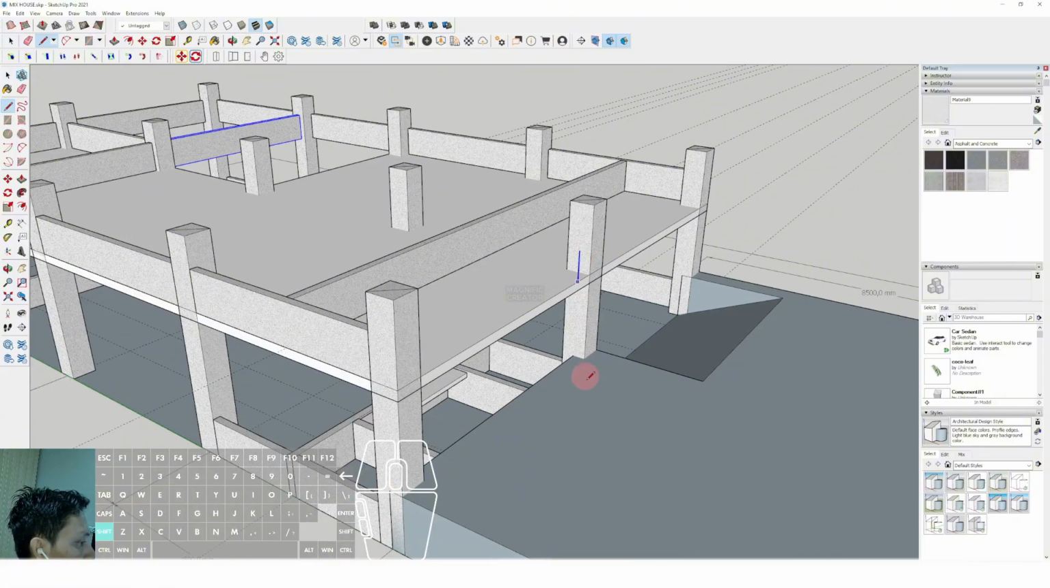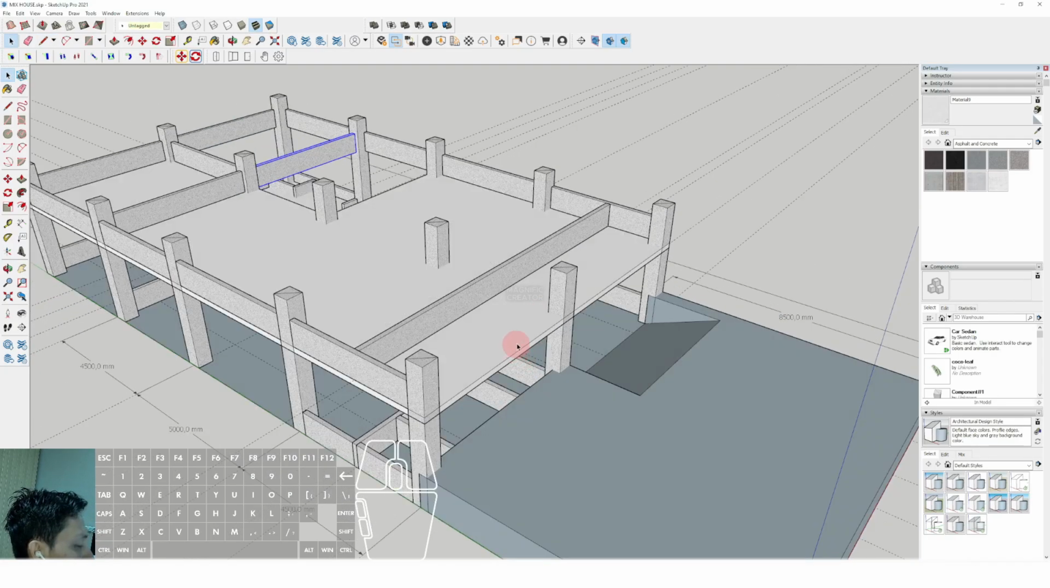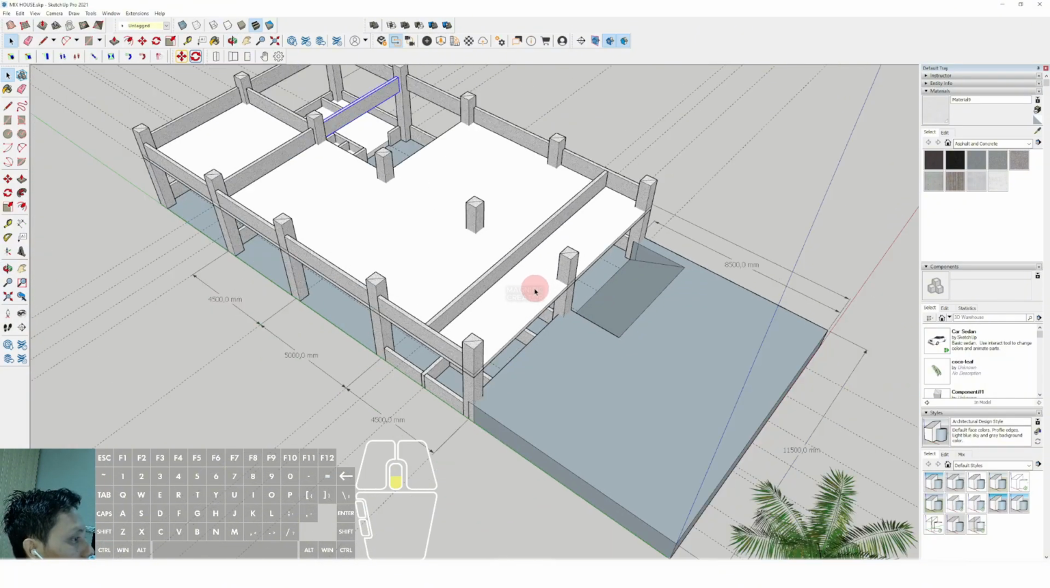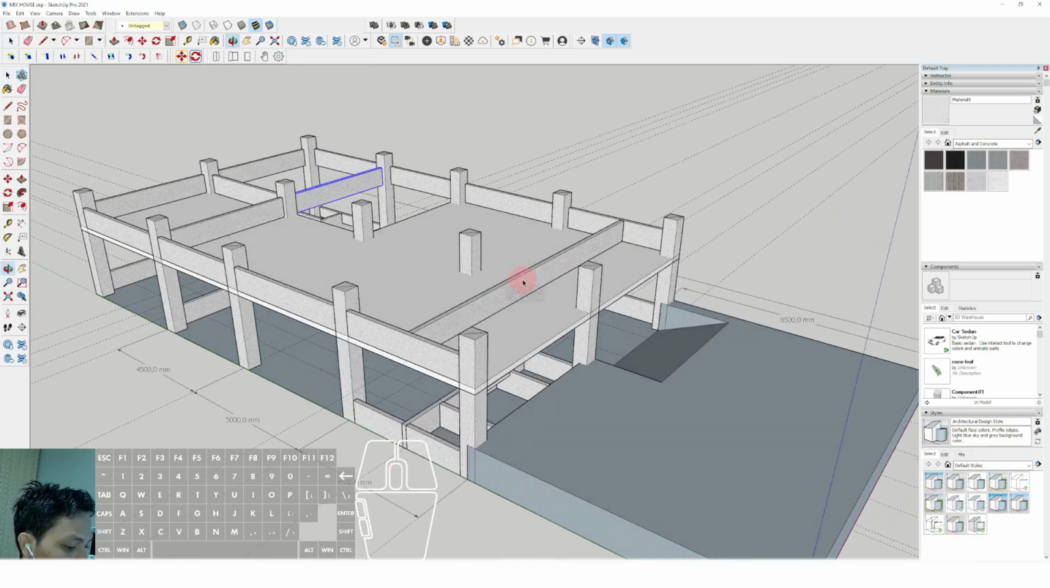Okay, so we have to see about the distance from the outdoor area to the first floor area, but we have to make the stair in here. We have to make the stair. I've already discussed about the stair positioning in here, so I will make